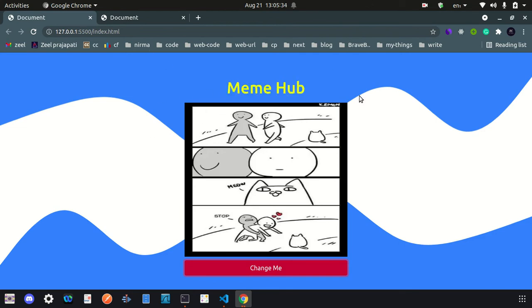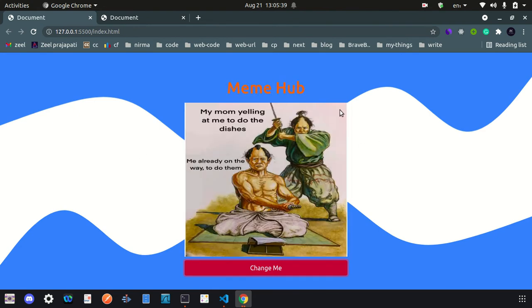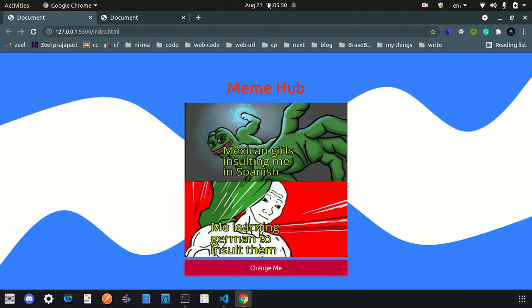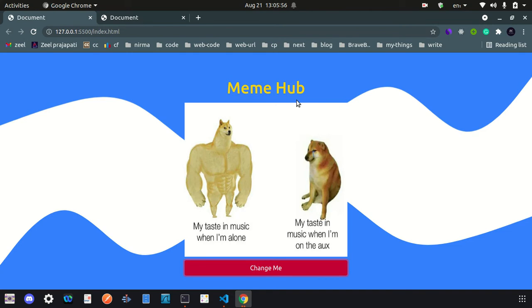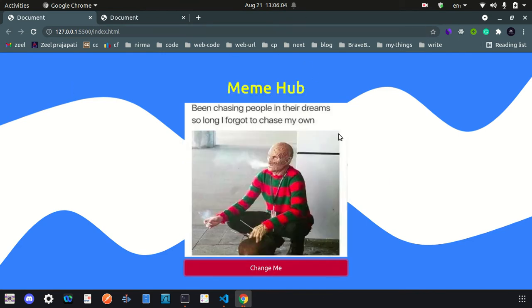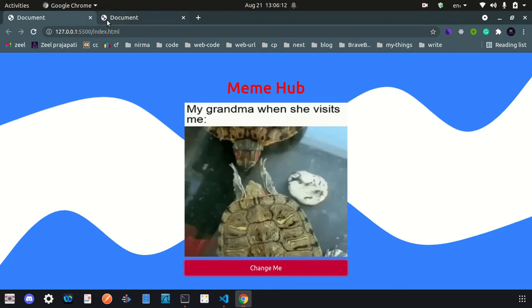I am not building the whole app. There is one more functionality, that after some time the meme is changed. Then another is the styling, our background is very nice here, but I am not going to do that. I am providing the app where you have one meme, and while you click on change meme, it will change the meme only. Other functionality you can build on your own, so that you also learn something new here. So let's get started.